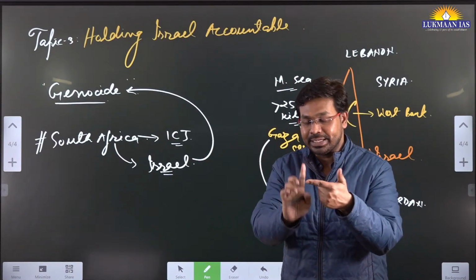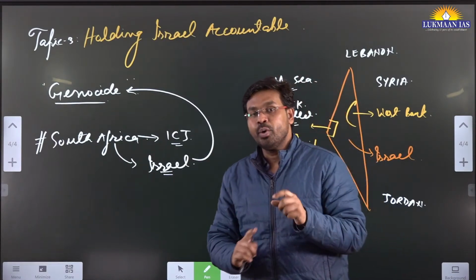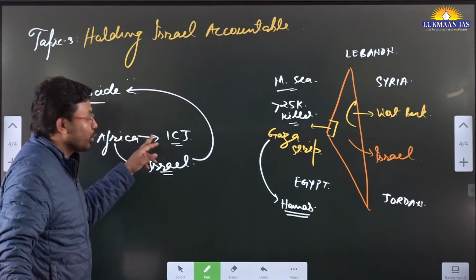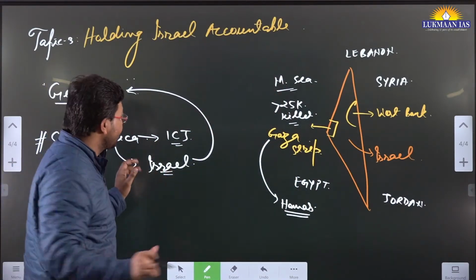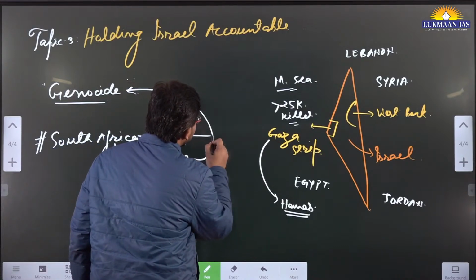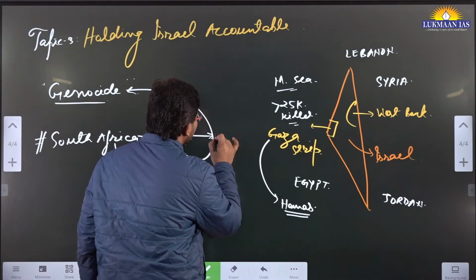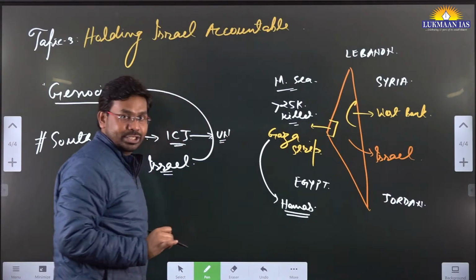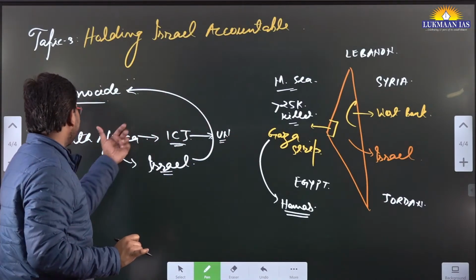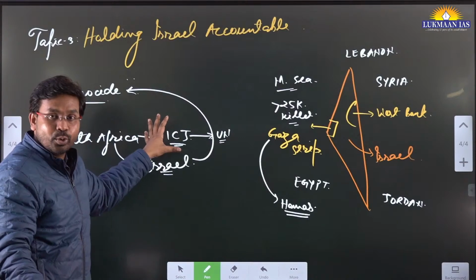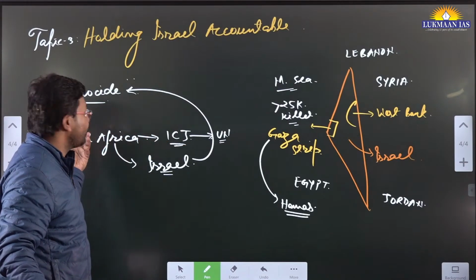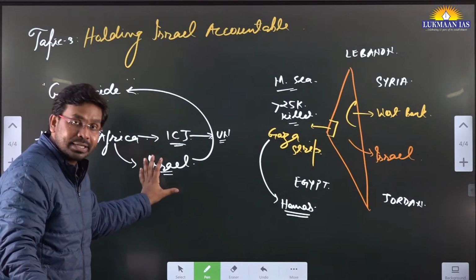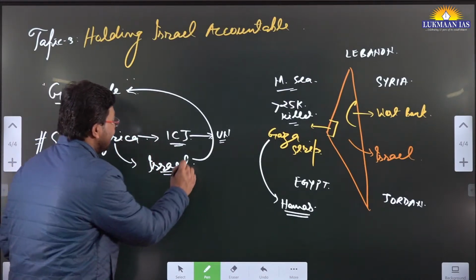First of all, the International Court of Justice looked at whether it has jurisdiction over this particular issue or not. It has jurisdiction on this case, and the International Court of Justice is considered to be the primary judicial organ of the United Nations organization. Basically, it has looked into the issue from both countries. It has heard South Africa, it has heard Israel, and it has released interim orders.